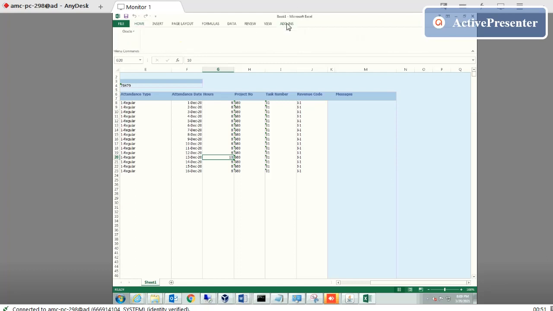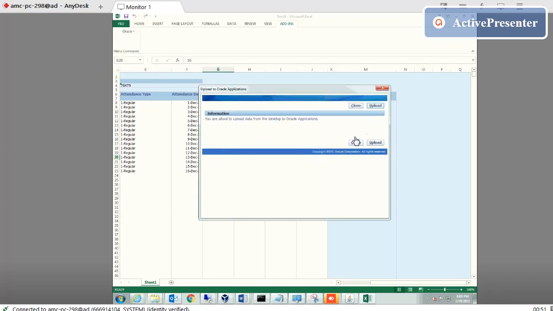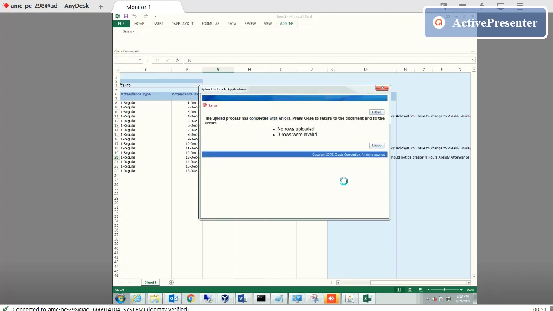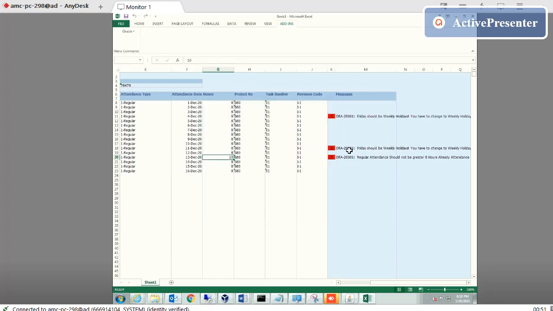You will see the option appear when you generate this file. You go to upload, select upload, and upload this one. Here you will find the validation.